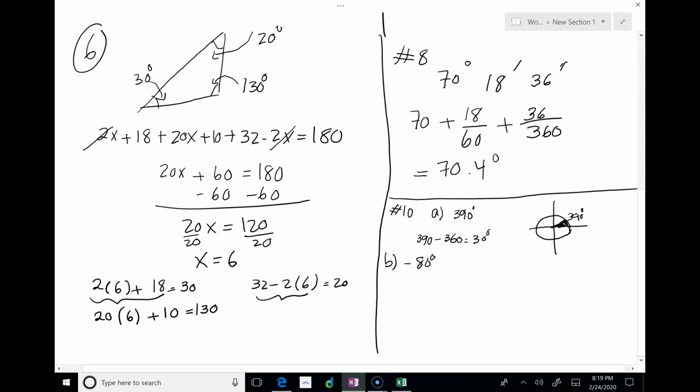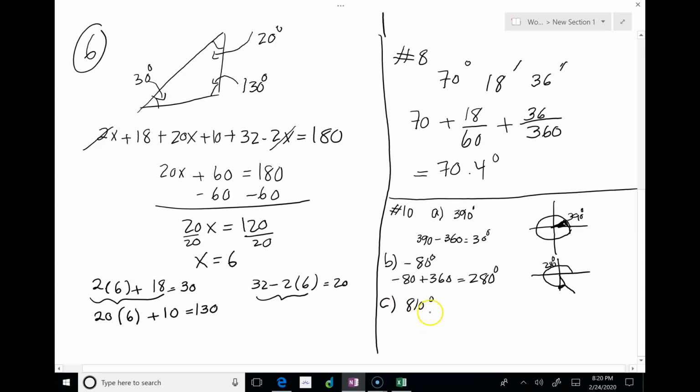So then you would add 360. It's equal to 280 degrees. And that's the least positive. If you think of 280, that would be in the fourth quadrant. So if negative 80, it's going to be somewhere here, same as 280, because 270 is right here, then 280 degrees. And then C, 810